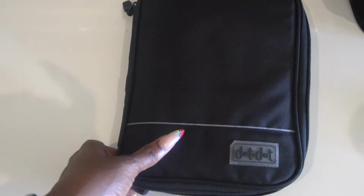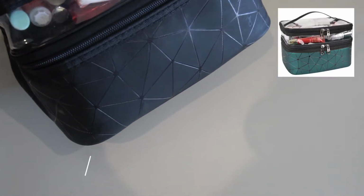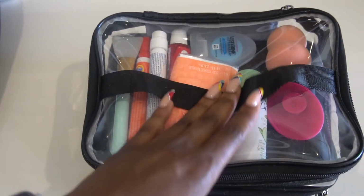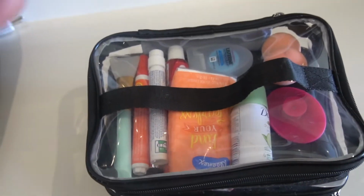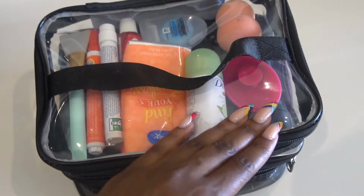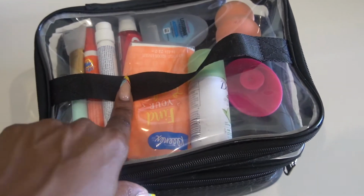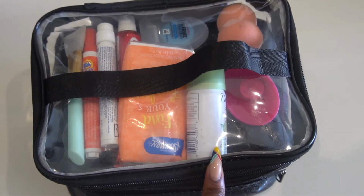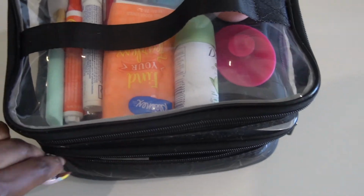Next up was this makeup organizer, which I actually inspired my sister to get one too. She has a green one, which is really pretty. I picked up a black one because it was black. It is a two-layered bag. Essentially the top lid is just tools and stuff. So I have my Benadryl, my Tide pen, a whitening tooth pen, my toothpaste, my floss, a small deodorant spray, a face scrubber, my sponge, and all that stuff. And then what I've done in the second pouch